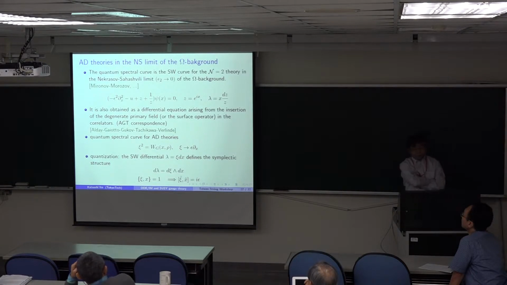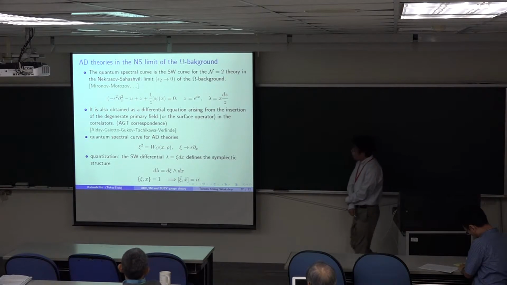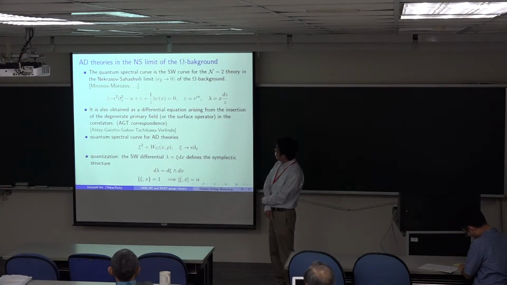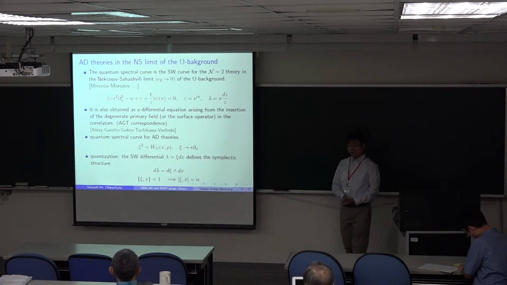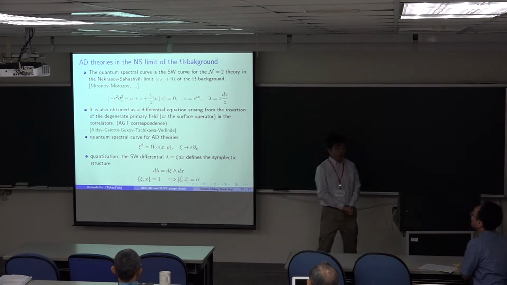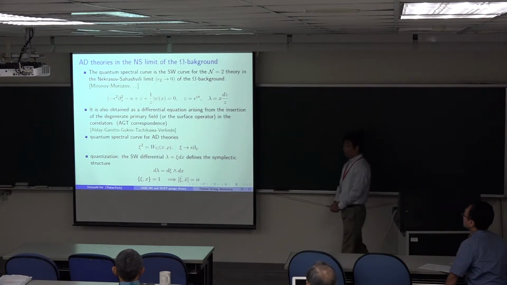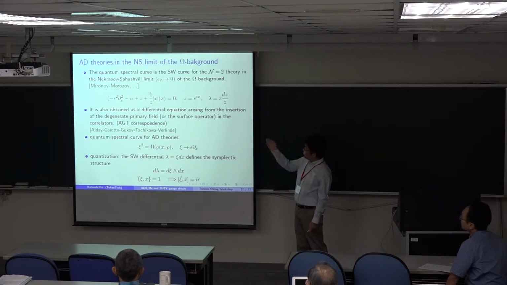I would like to consider this correspondence in terms of the Argyres-Douglas theory defined in the Omega background. So if we consider the Seiberg-Witten theory in the Omega background, taking the epsilon parameters, with one of the epsilon parameters going to 0, we have a somehow quantized Seiberg-Witten curve. The spectrum of the deformed theory is reproduced by this kind of quantized Seiberg-Witten curve.